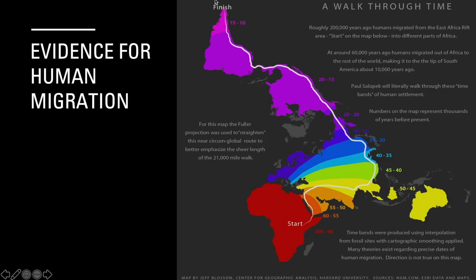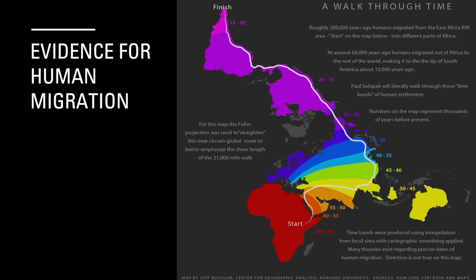Well, we can always go someplace else, but yeah, our species has gone through a lot of things. We have encountered a lot of other hominin species along the way. So yeah, roughly 200,000 years ago, we originated from the East African Rift Valley to different parts of Africa, and then 60,000 years ago, we crossed from Ethiopia to the Middle East, and then we made it to the top of South America, no, 10,000 years ago.